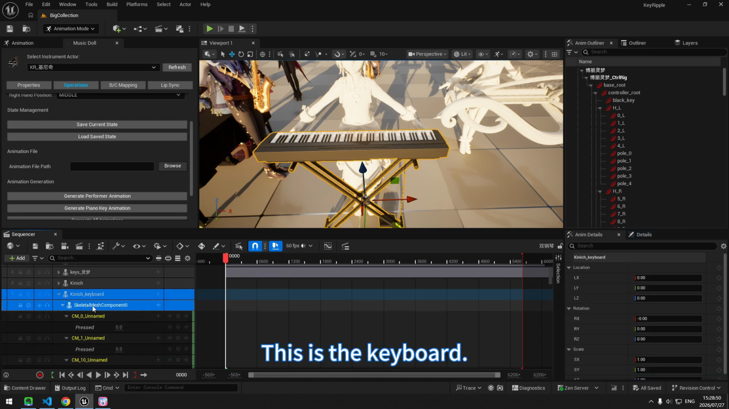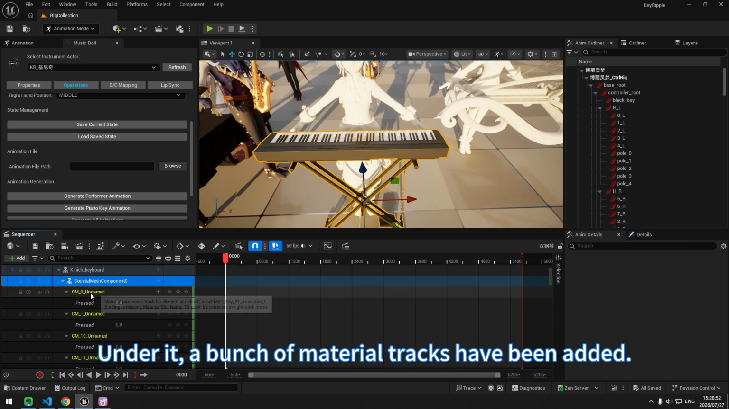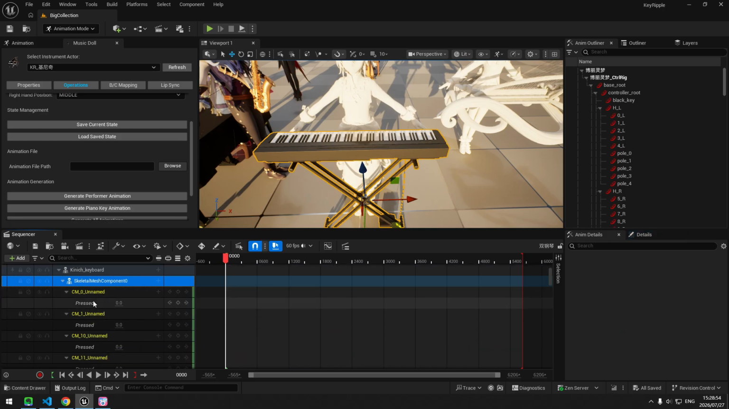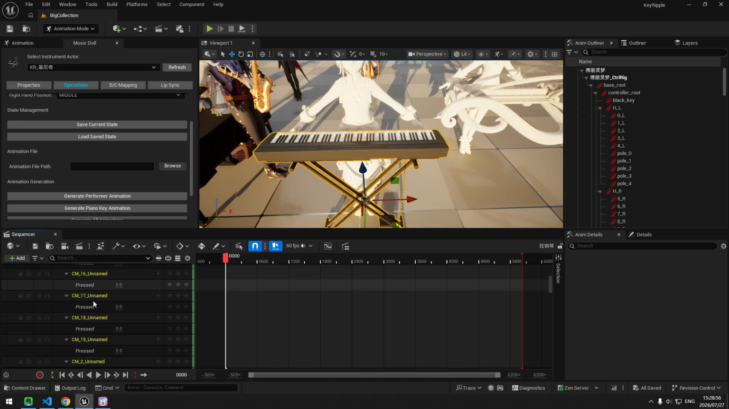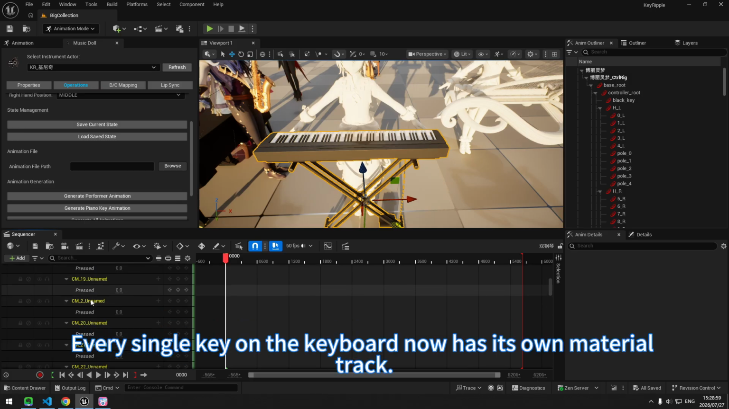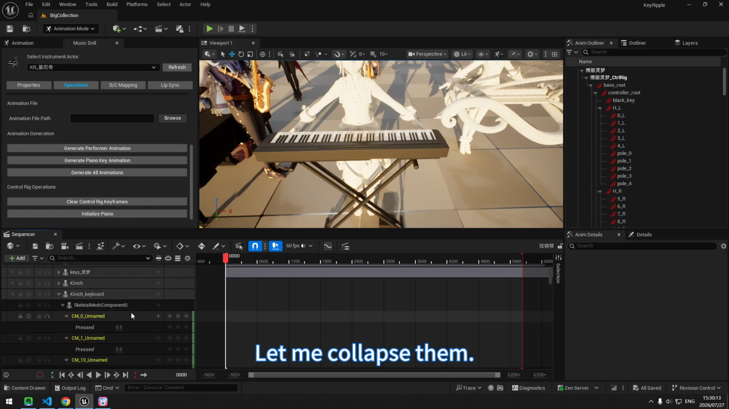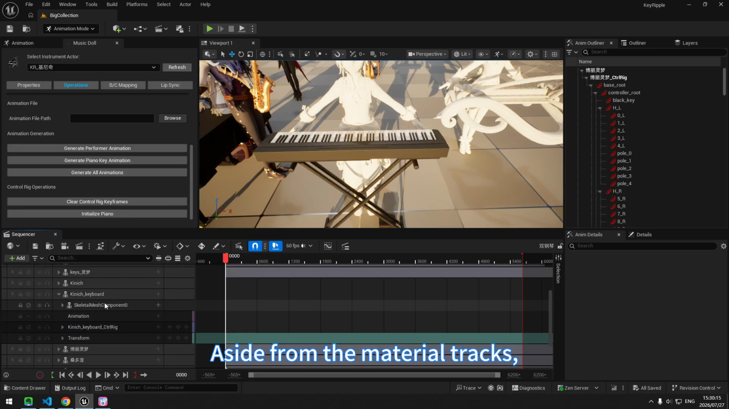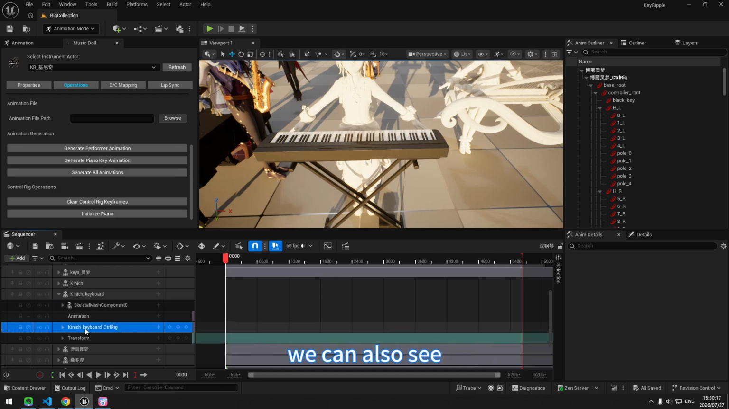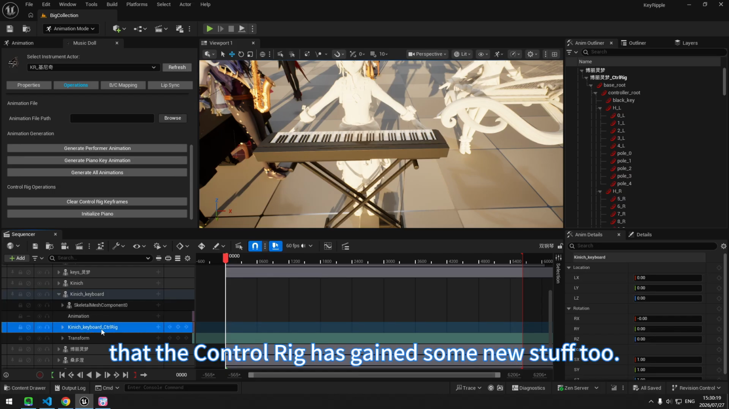This is the keyboard. Under it, a bunch of material tracks have been added. Every single key on the keyboard now has its own material track. That's a lot of tracks. Let me collapse them. Aside from the material tracks, we can also see that the control rig has gained some